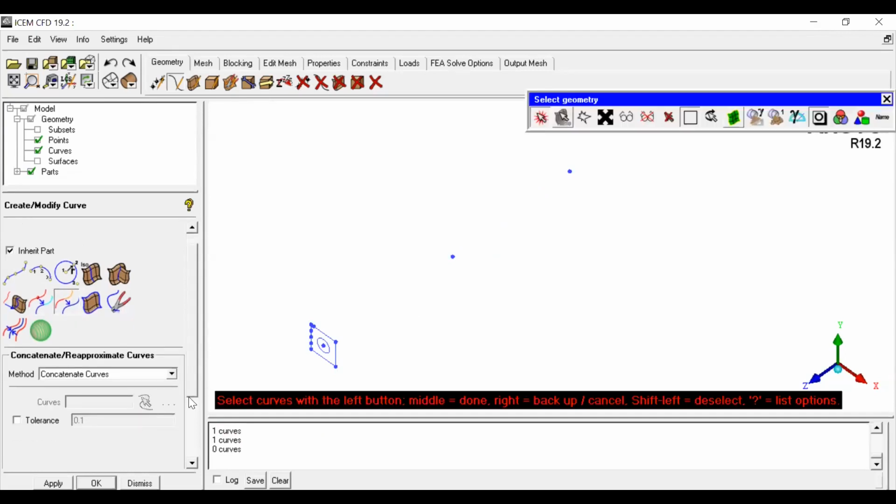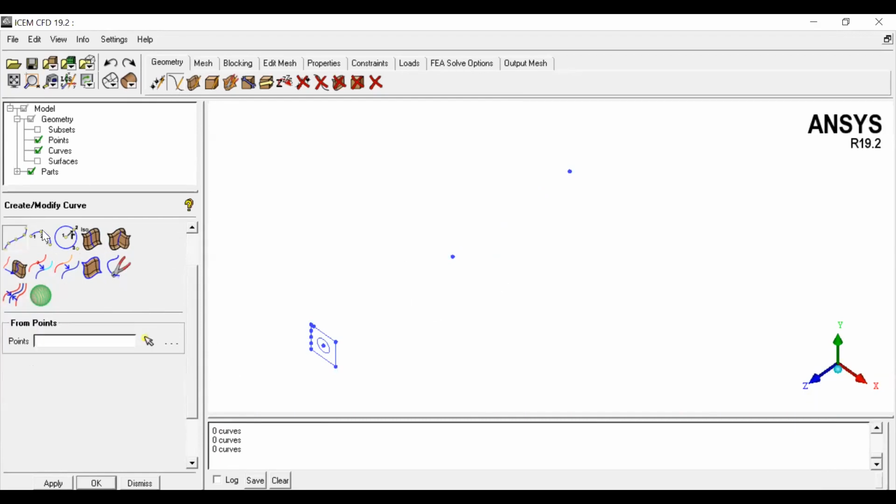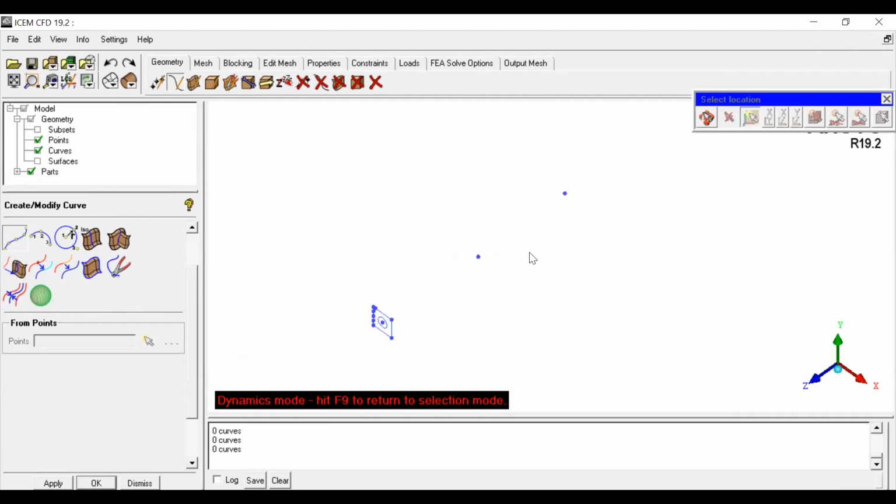Concatenate reapproximation. It's like when there are two curves you want to close up or approximate with some tolerance. That can be done. So, create a midline. Let's say I have two lines. Again, to explain this command, let me create two lines.